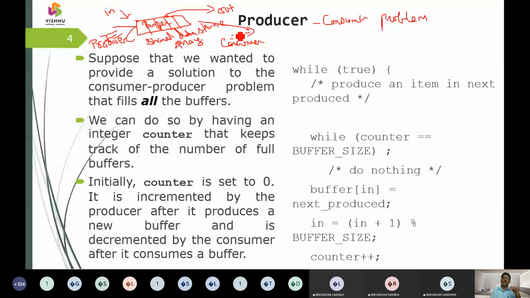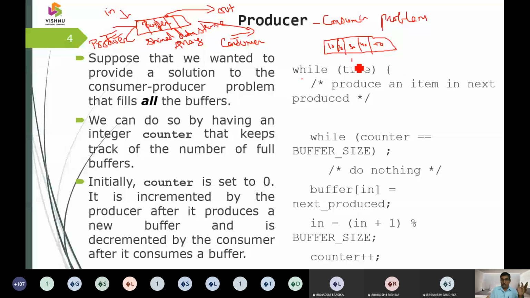The synchronization requirement is that until an item is produced, the consumer cannot consume. Similarly, when the consumer consumes all the items and makes the count 0, only then is the producer able to produce. That is the problem here. Assume the array size is 5, so 5 elements have to be produced: 10, 20, 30, 40, and 50.